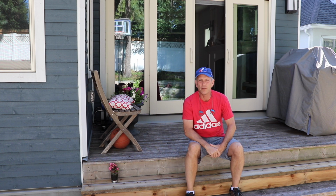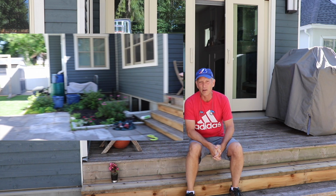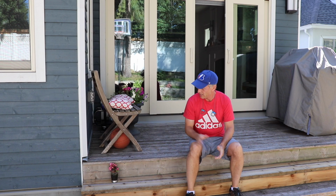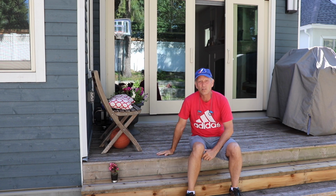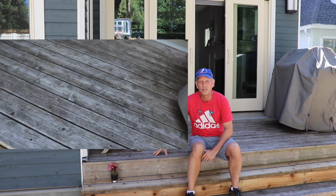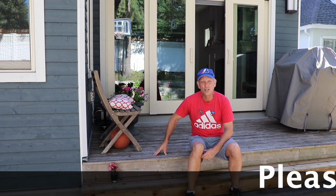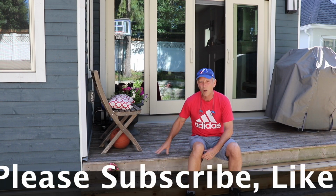I am not at the Red Barn property today. I'm here in my backyard, and I've got a quick project that I want to knock off the list. The deck in the backyard here is quite weathered. These cedar boards were put in about 6 years ago when the house was built new. They're getting beaten up by the rain, the snow, and the change in temperatures, so I want to refresh them,